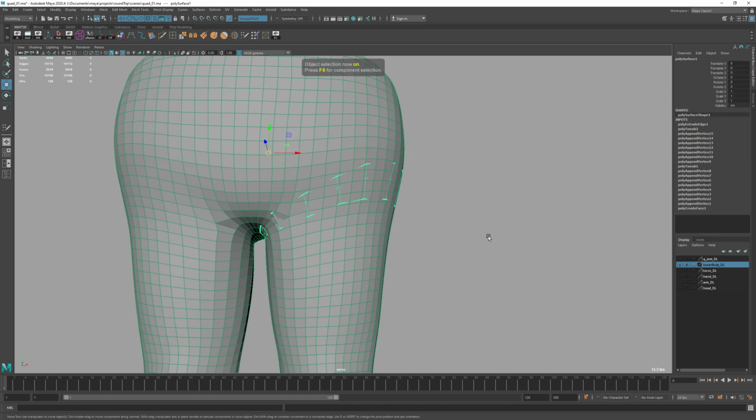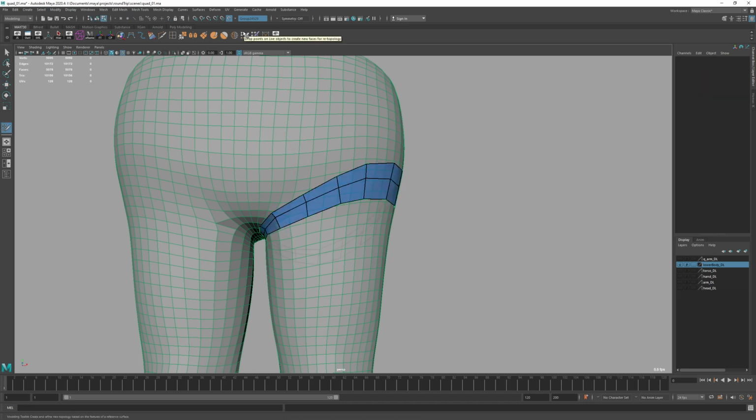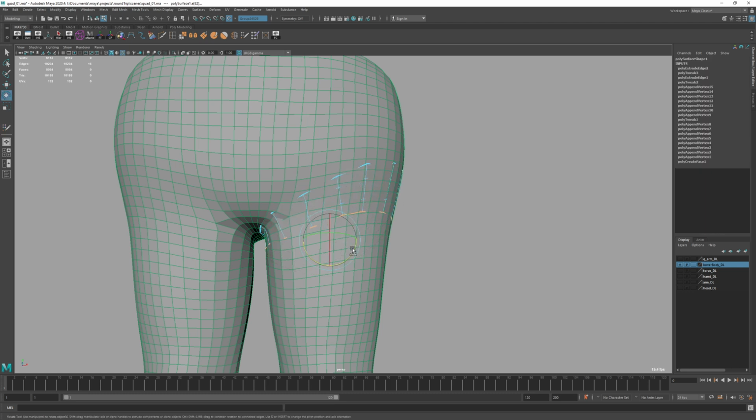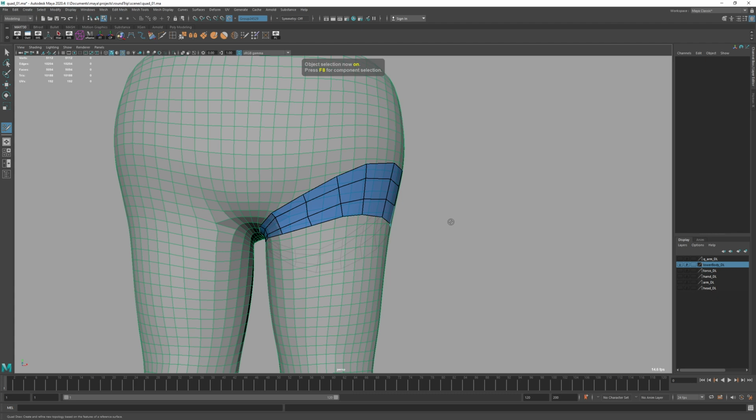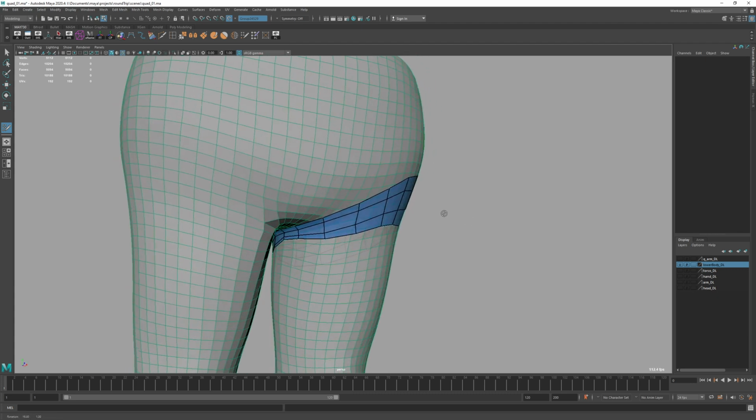So I'm going to go into object mode, highlight my quad draw topology, and then back into the quad draw tool and it'll come back. Then again, I can hold down tab and I want to extrude out here. It's the same deal. I don't want to go too far because now I just want to rotate this up so that they start to expand. So we definitely want them to bunch up between the legs and then open up on the outside. We're trying to keep these kind of similar as we go through. Back into object mode, back into quad draw, and then if we need to tweak individual points, which it looks like we do,